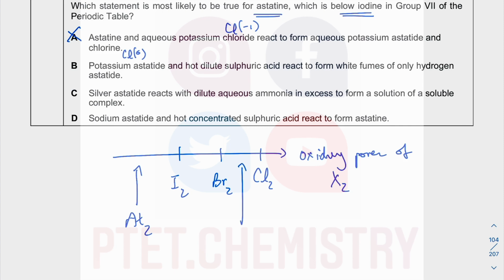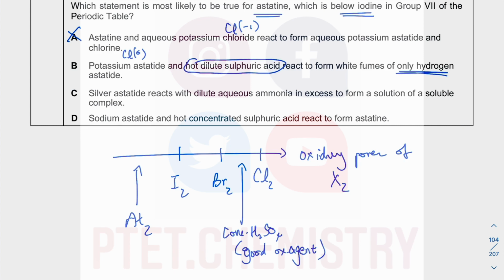So we also know that concentrated sulfuric acid is a good oxidizing agent, but only if it is concentrated. It lies somewhere in between bromine and chlorine. So it's a weaker oxidizing agent than chlorine, but stronger than bromine, stronger than iodine, stronger than astatine, therefore, alright? So when you have hot dilute sulfuric acid, only hydrogen astatide, well, that is possible because you need concentrated for it to be a good oxidizing agent. So maybe that is possible, but we'll leave it on the back burner while we check through